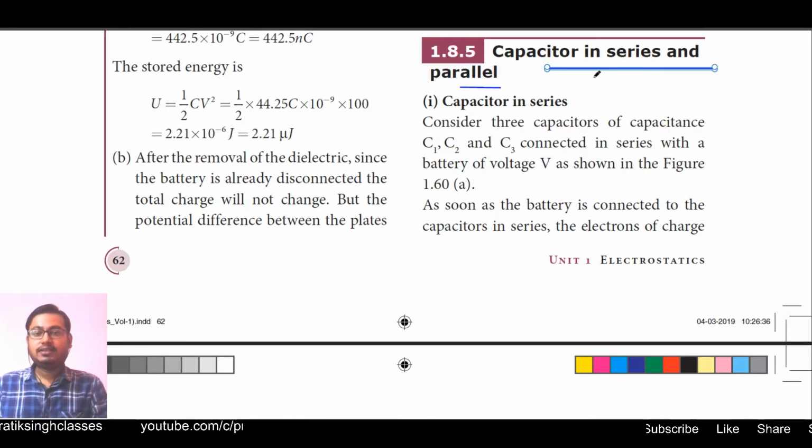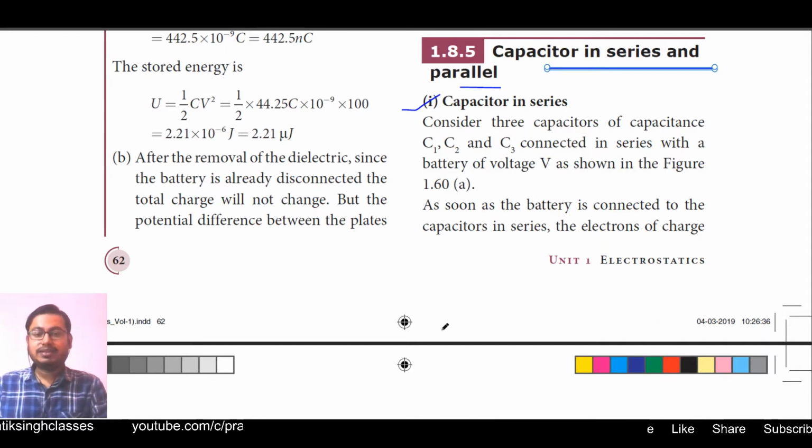About series and parallel connection in resistors, you already have studied in class 9th and 10th. Okay, same thing will be here, but with some alterations. A very small difference in the combination of resistors and capacitors in series and parallel respectively we will see here. And we will also find out how to find total capacitance of the capacitors in series and in parallel. The first one is capacitor in series.